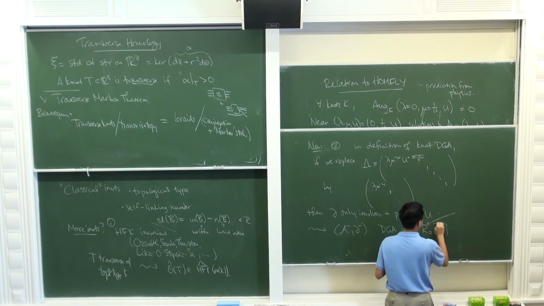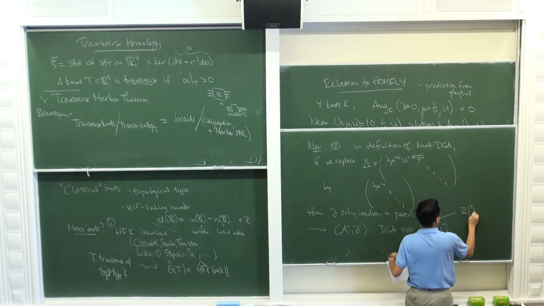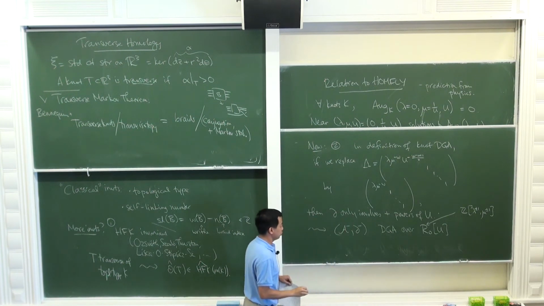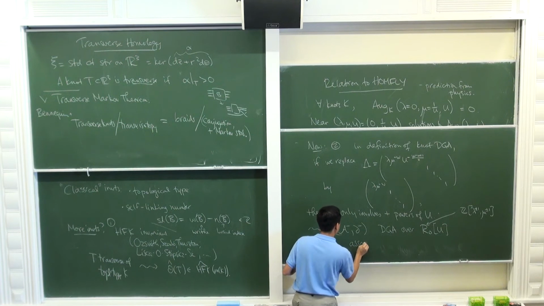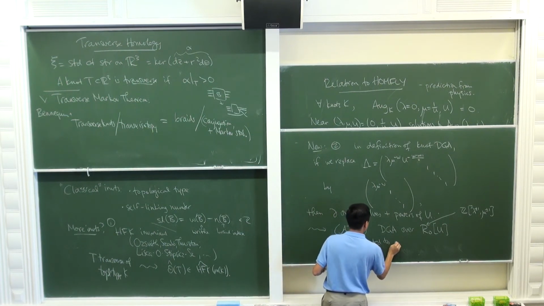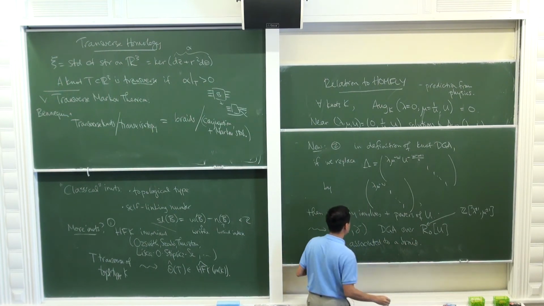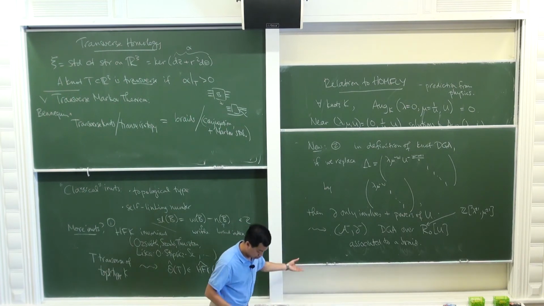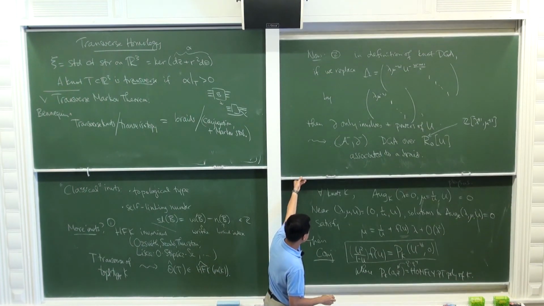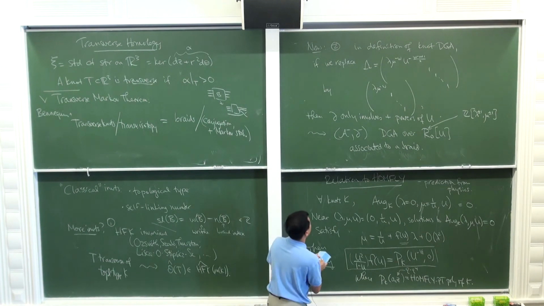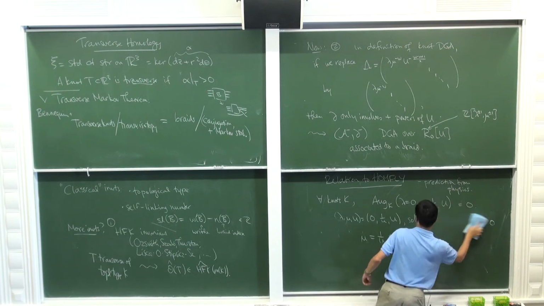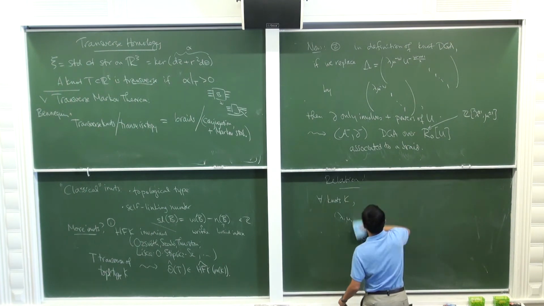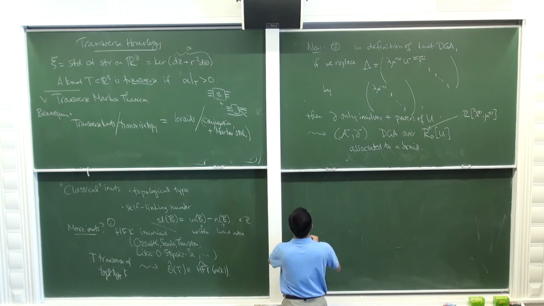So let me just remind you, R naught is Z brackets lambda plus minus 1, U plus minus 1. So the point is you don't need to invert U. So you're going to get some DGA associated to a braid. So remember, you always start with a braid. In this case, you get something like this. So the theorem